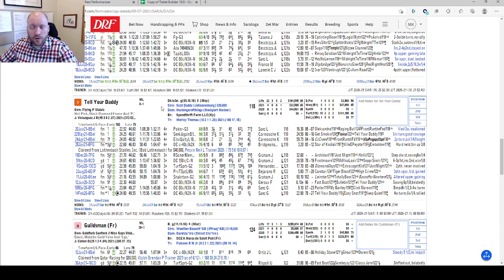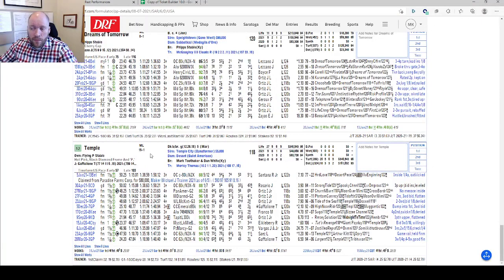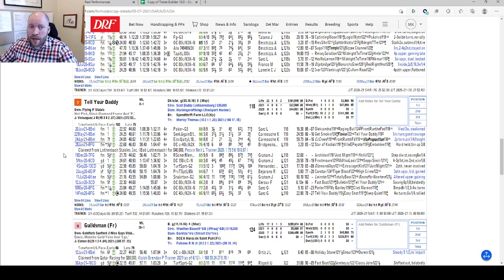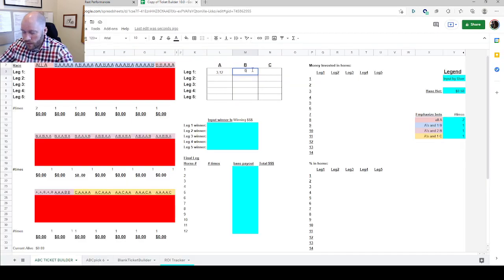It's probably a C on the win chance. I think this horse is a fairly low win chance horse, but if it does, it's going to blow up a lot of people's tickets, much like Temple. And I think that morning line on Temple is hilarious. I think the horse has a much better chance of winning than 1 in 15 times running the race. So I made Temple an A, and I made Tell Your Daddy a B. Now, I'm not simply making my ABCs based on their chances of winning. I'm looking at both their chances of winning and the value proposition if they do so. So I want a little bit of him in here.